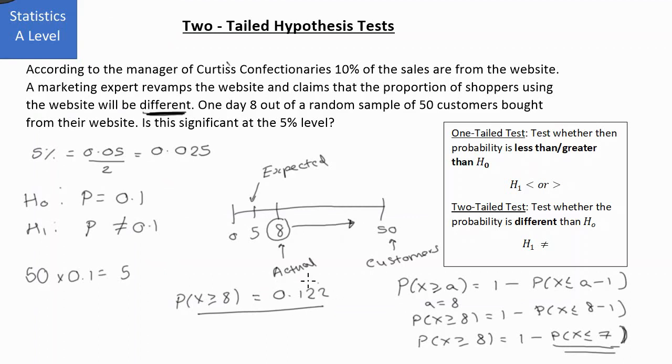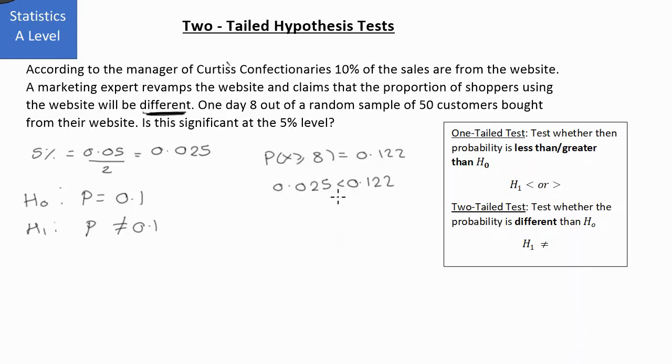Now we need to compare this to our significance level to see if we reject the null hypothesis. So there's our significance level. So we can say that 0.025, our significance level, is less than 0.122. I've just written this up here so we've got a bit more room. Because our value is greater than the significance level, we say that there is insufficient